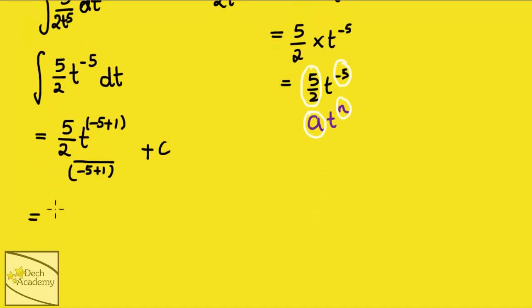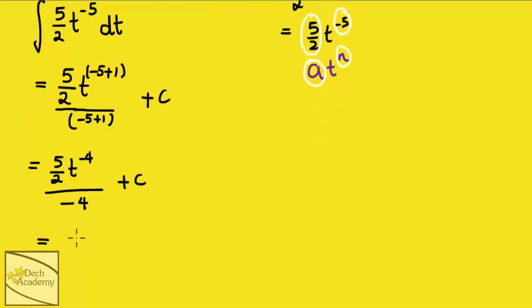So this gives 5 over 2, so let me extend this, t to the minus 4, all divided by minus 4 plus the arbitrary constant. So the same thing as 5 over 2 t to the minus 4, instead of being divided by minus 4, we can say times 1 over minus 4 plus the arbitrary constant,